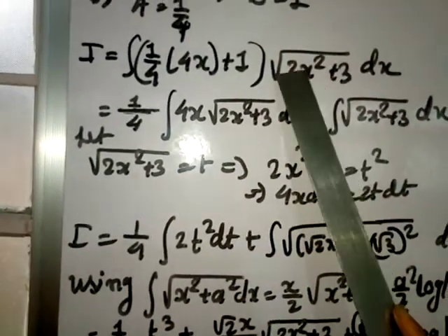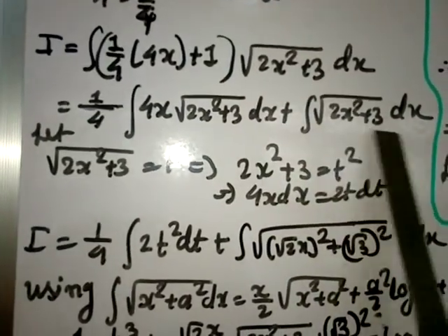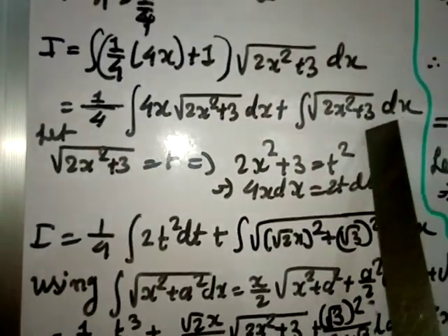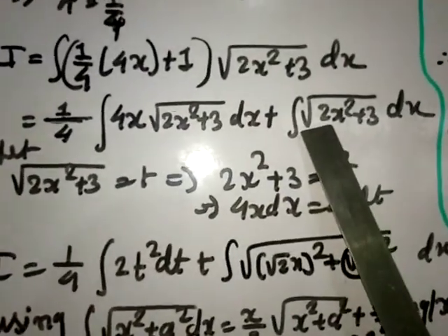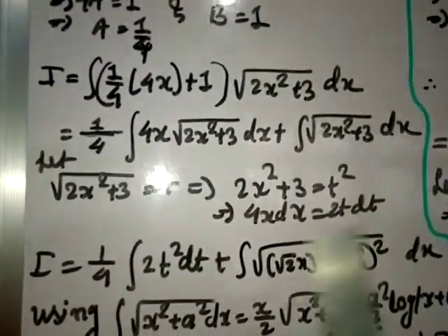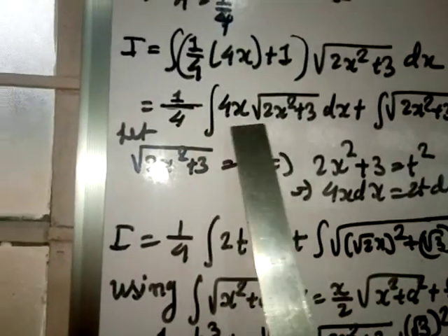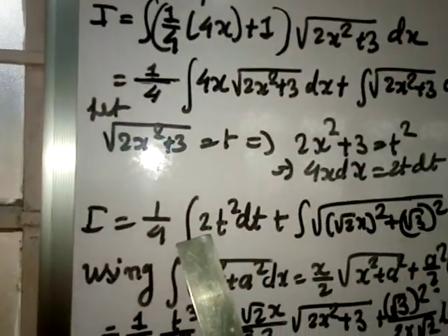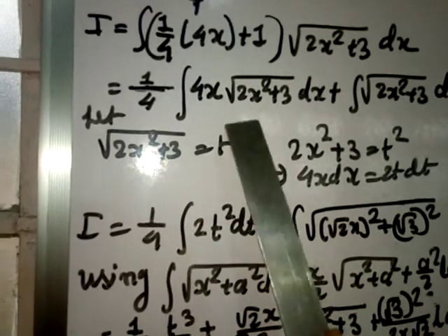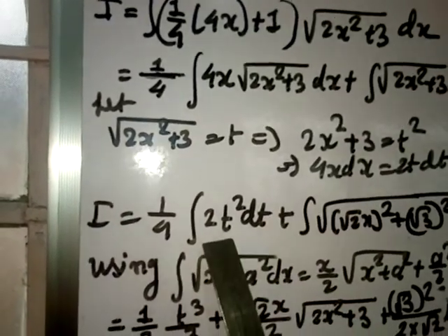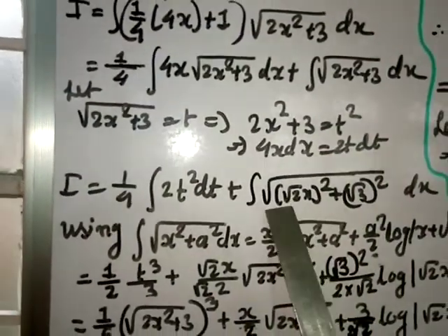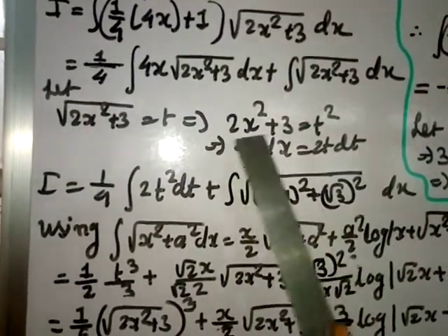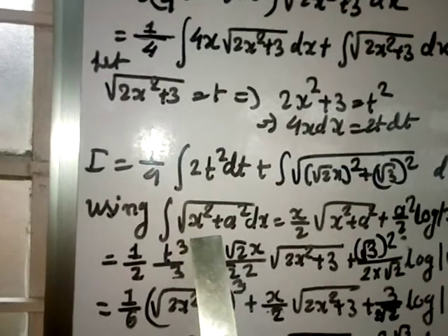And this also is t. Here we need not make a perfect square because there is no x term, so directly we will use the identity, writing this in square form. I put 4x dx equal to 2t dt, and the other is taken as t, so it becomes t square, and the 4 and 2 you can cut. For the second integral I can write root 2x whole square plus root 3 whole square under the square root dx, and I am going to use this identity.